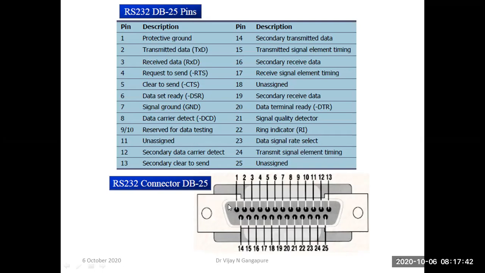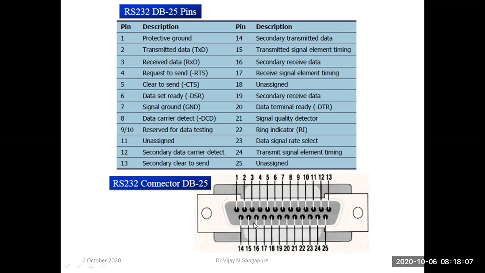Okay, and the shape of that connector is like D. Okay, D. So the name is D. And 25 pins are there, so pins 1 to 13 and pins 14 to 25. Such a connector is available on personal computers, and that is called the RS232 port, and also known as the